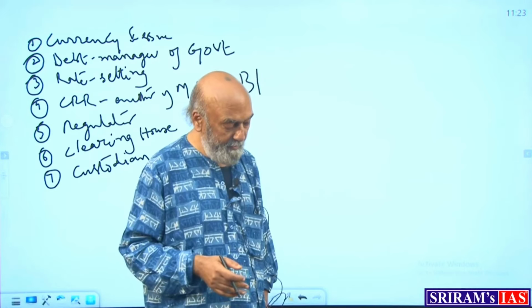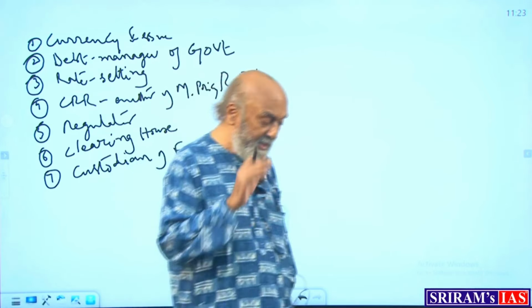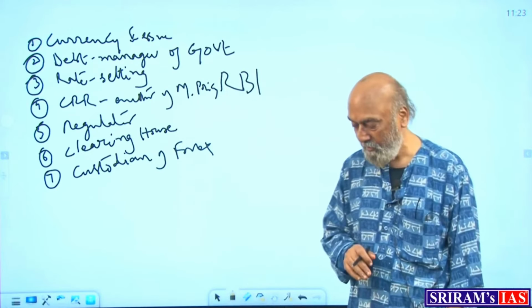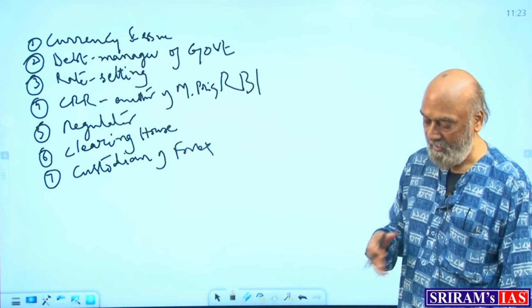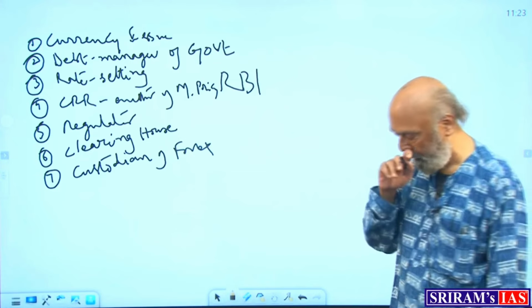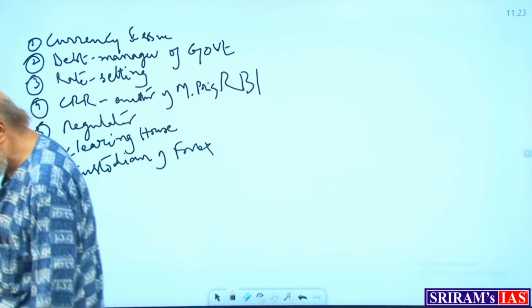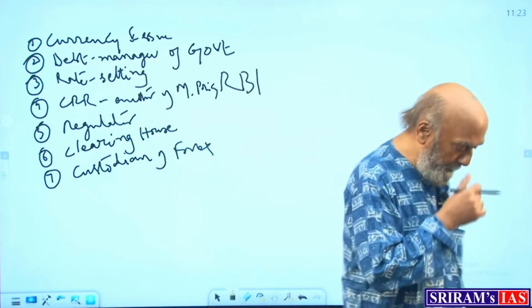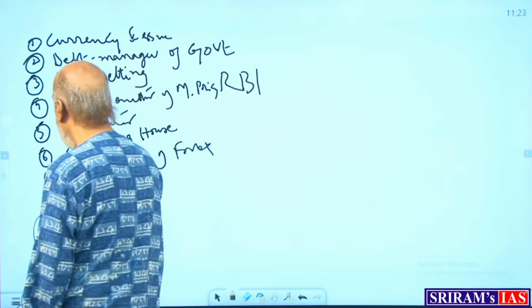Print rupee, collect tax and build it. But then don't say spend your dollar on building the road. That's not the right link at all. We need that for more precious purposes, like dealing with the world and all that, BOP. So, custodian of forex reserves. Custodian. So that is another. Still one more is